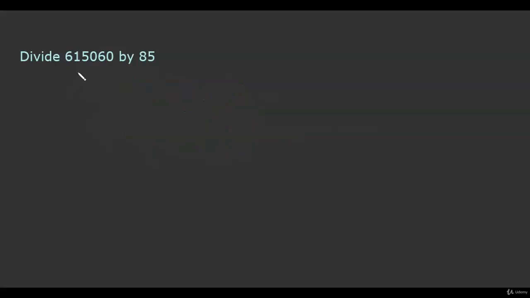Let's do one more problem. Now it is a 6-digit number and we are going to divide by 85. Now this is the place of the divisor. 85 is the divisor, but we write 8 as the base digit and 5 as the flag digit. Because the flag digit is a one-digit number, we just separate one digit from the last, like this. Now 6 is not divisible by 8, so we will divide 61 by 8. If 8 divides 61, the quotient is 7 and the remainder is 5. We place the remainder before the next dividend number.